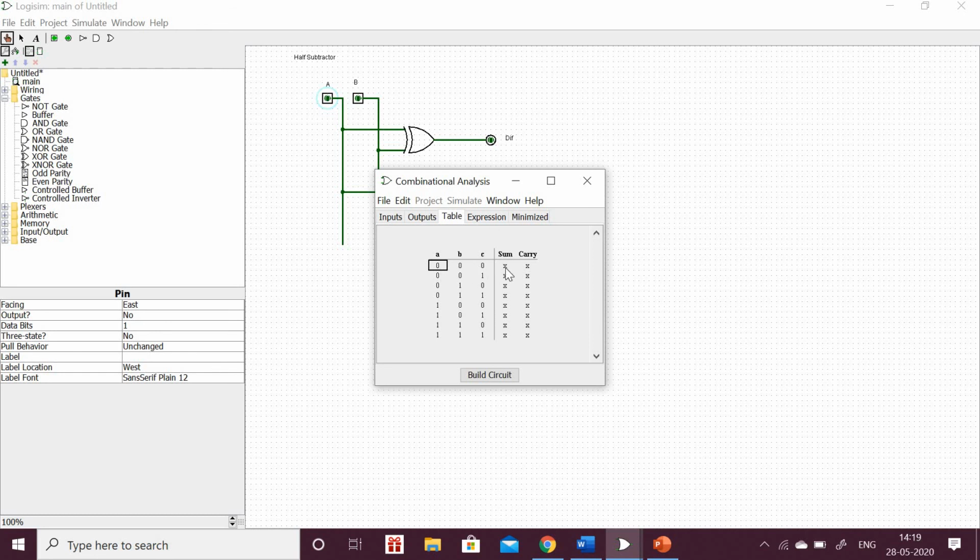If 0, 0, 0 is given as input, sum is 0, carry 0. If 0, 0, 1 is given as input, sum will become 1 and carry will become 0. If 0, 1, 0 is given as input for the full adder, then sum will become 1, carry will become 0. When 0, 1, 1 is given, sum will become 0 and carry will become 1. When 1, 0, 0 is the input, sum is 1, carry 0. For 101, sum is 0, carry is 1. For 110, sum is 0 as well as carry is 0. For 111, sum is 1 and carry is 1.